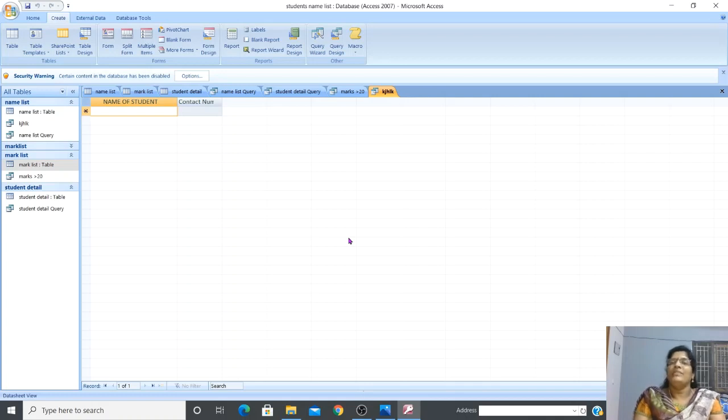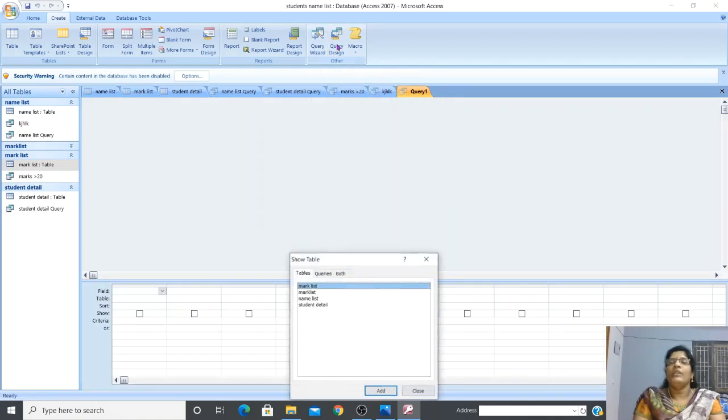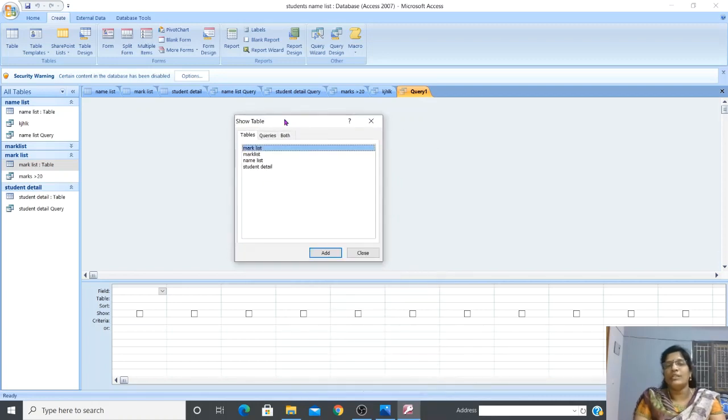And the other method is Query Design. When you click it, you can see the object panel, the Query Design window appears, and the Show Table dialog box also appears. In this box you can see three tabs: Tables, Queries and Both. Click on Tables, and whatever tables you have created you can see here. If you click on Queries, whatever queries you have created you can see there. Both means tables and queries will be displayed. It's better to click on Tables, since I'm creating the query from a table only.